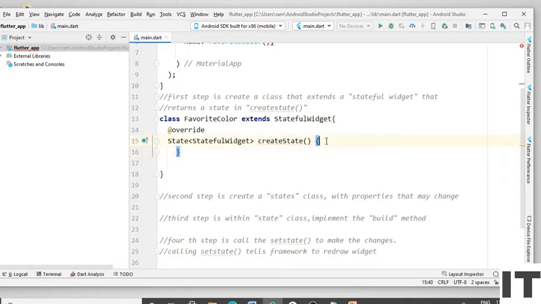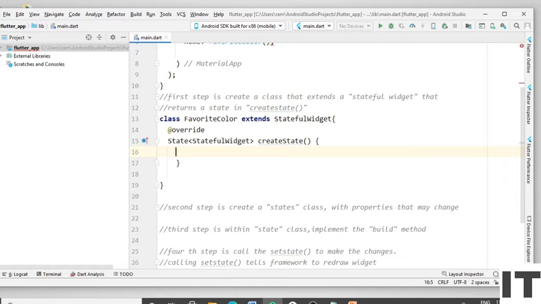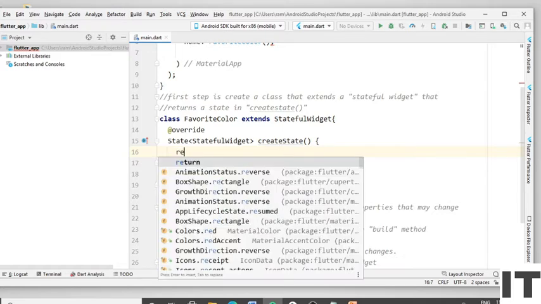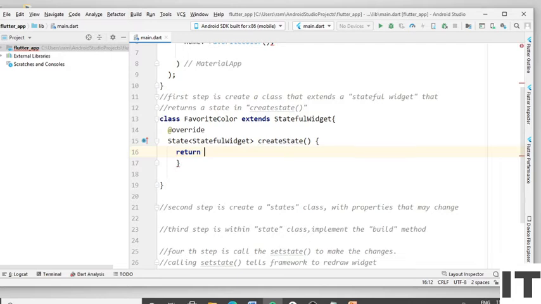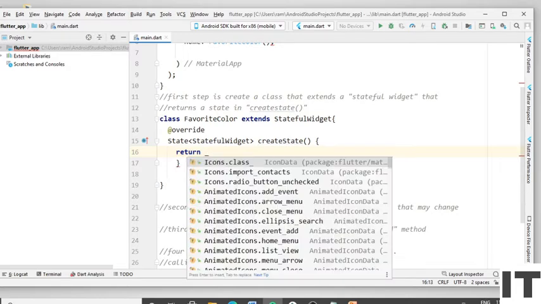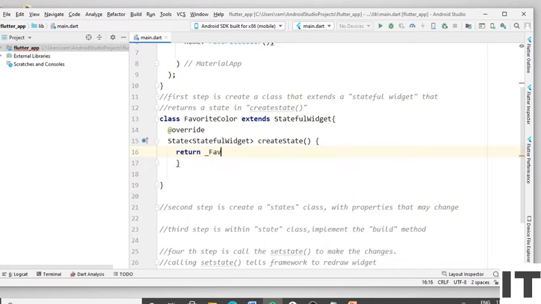Press the enter and type the return, underscore, and type the FavoriteColorState. Open the round bracket and put the semicolon. We completed our first step: create a class that extends the stateful widget that returns the state in the createState.